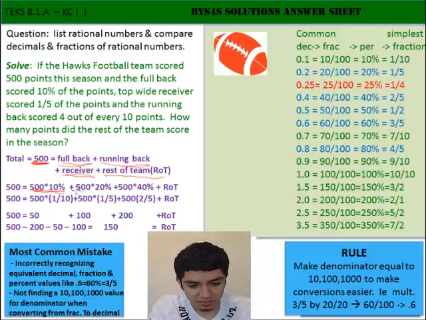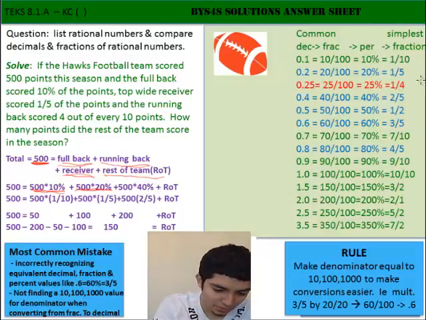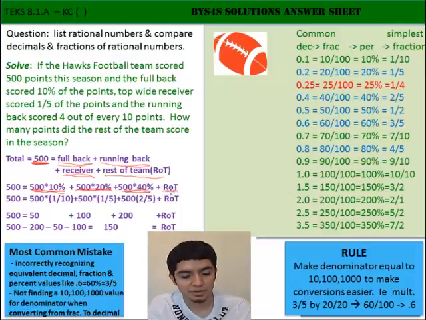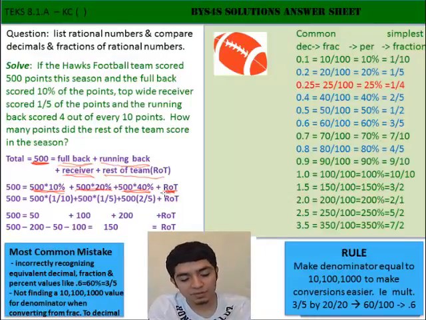Then we have the full running back's points, which are 4 out of every 10 points. So it just converts into 4 out of 10, which then converts into 40%. And then we just have the points the rest of the team, which that's what we're trying to solve for, which is our unknown. So then we also have another way where we could solve it to where we convert